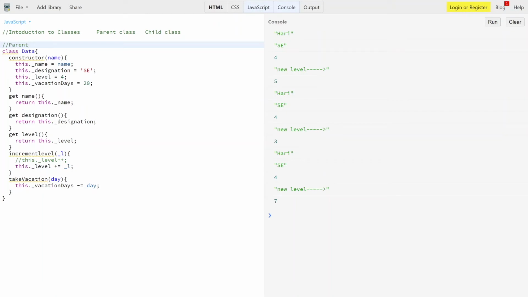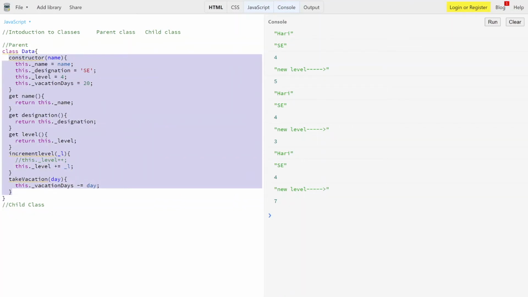So I'm describing it as parent, and I have one more thing, this is our child class. Say in a company, in an IT company, there are two kinds of roles, which are developer and then tester. Say I have to use that data for the developer only. So how can we use this parent class in a child class?